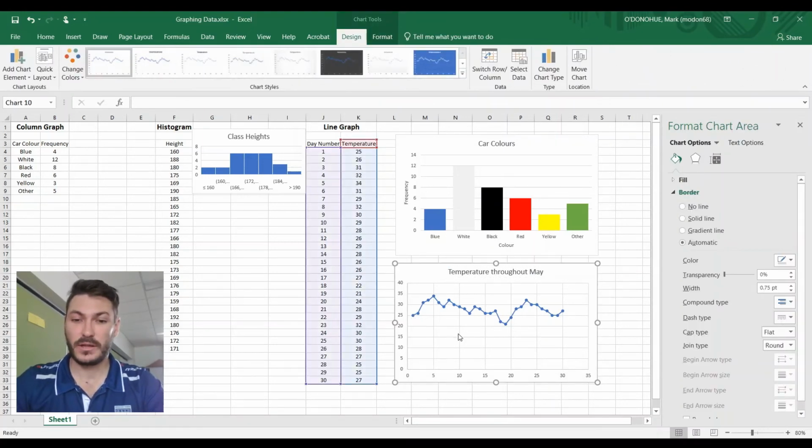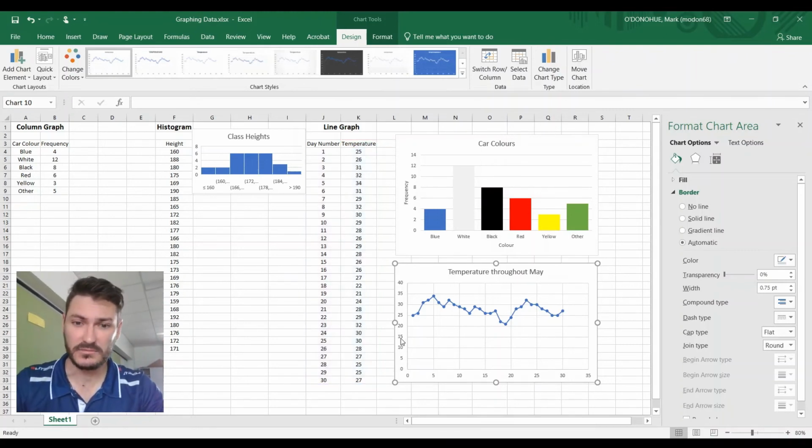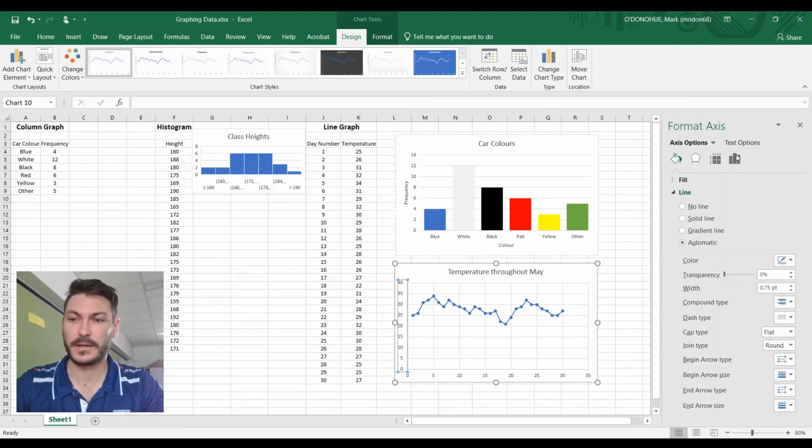And the only other thing I want to change, now you can leave it at 0 and start it at 0. We talk about how you should always start at 0 if you don't want to bias the graph. But in this case, I want the graph to fill up the entire scale. So I want the scale to be right. So what I'm going to do is double click here, or just single click, and go to